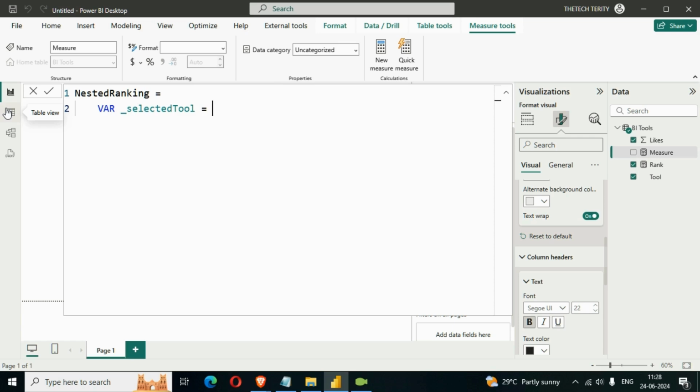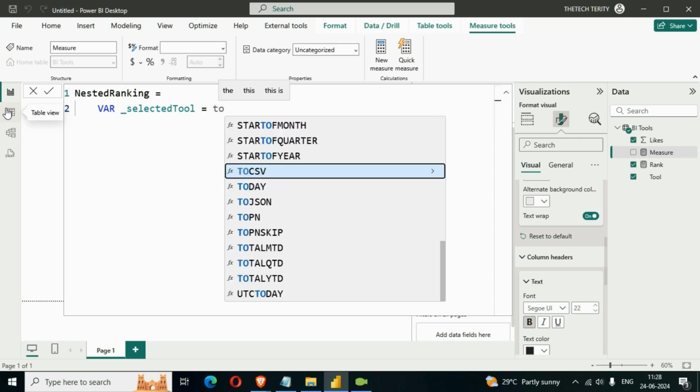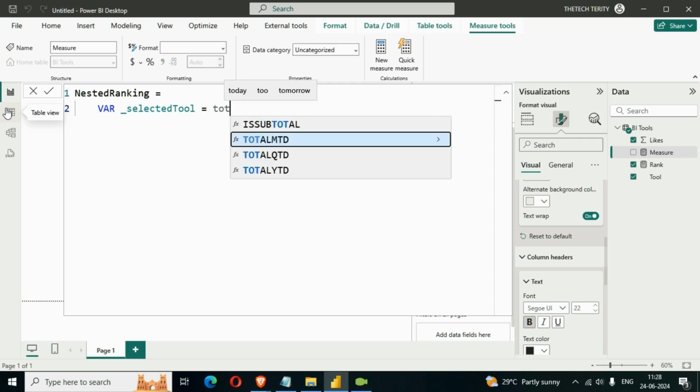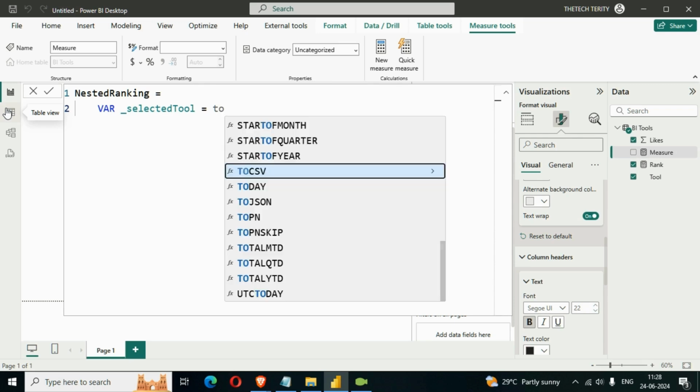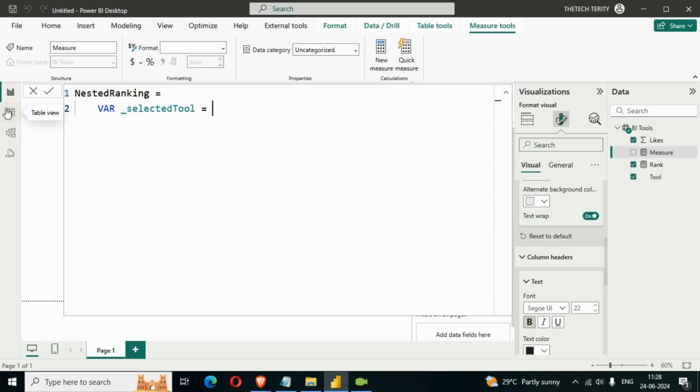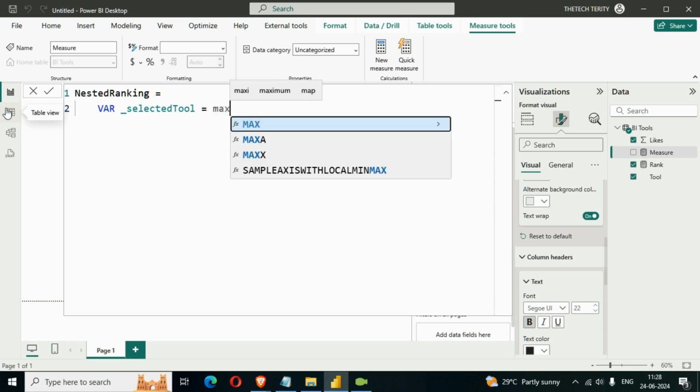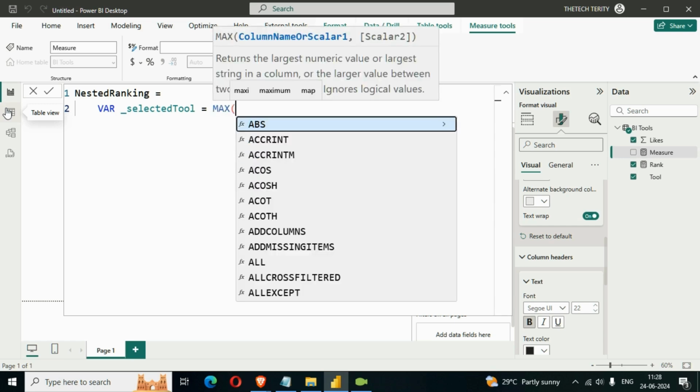And here, if I directly use a tool, you can see we're not able to access these tools. So that's why what we are doing is using an aggregation function called the MAX function. You can use this MAX function to access any column of the table, the BI tools column. So here I'll be using